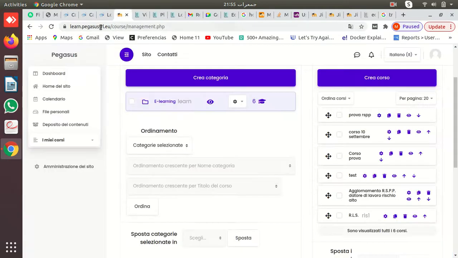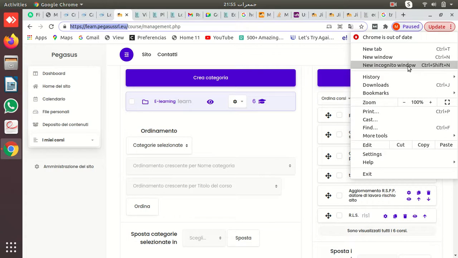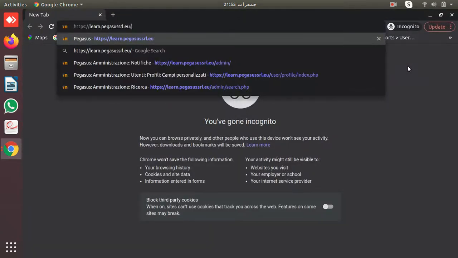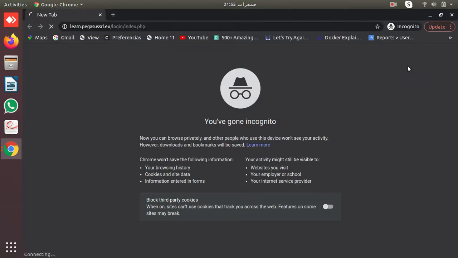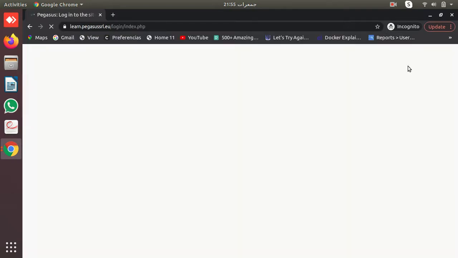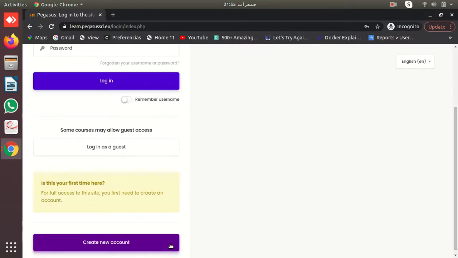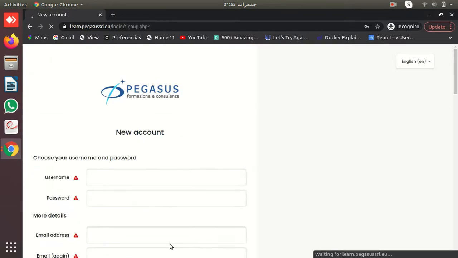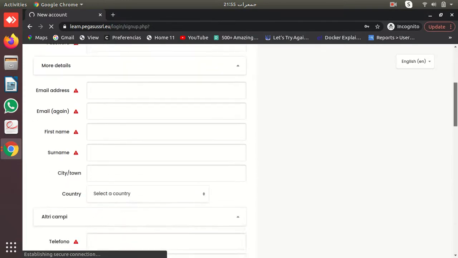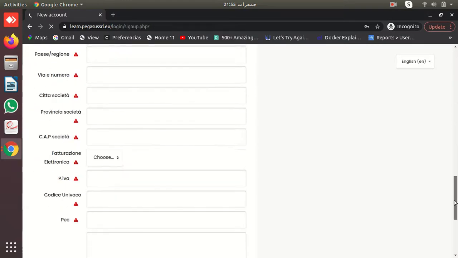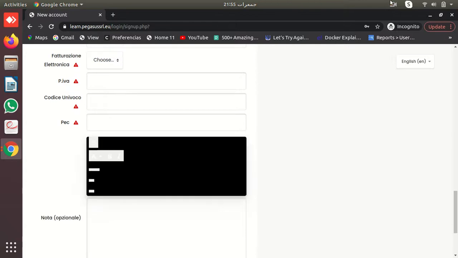Let me show you. Here you can see all the fields that are required. It is the same as that one.